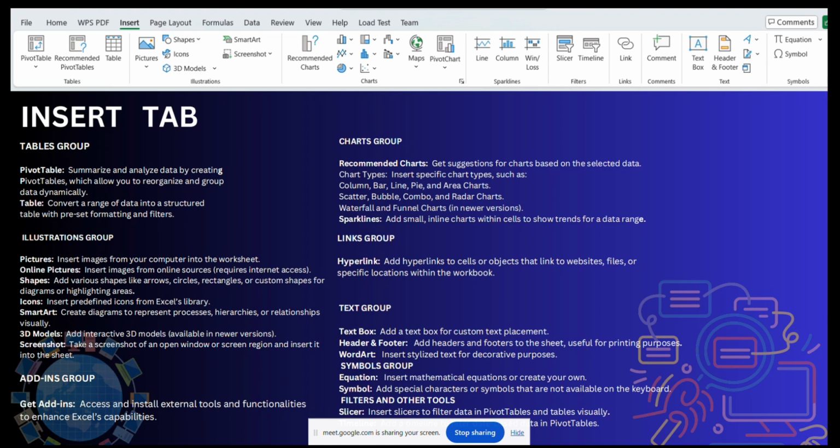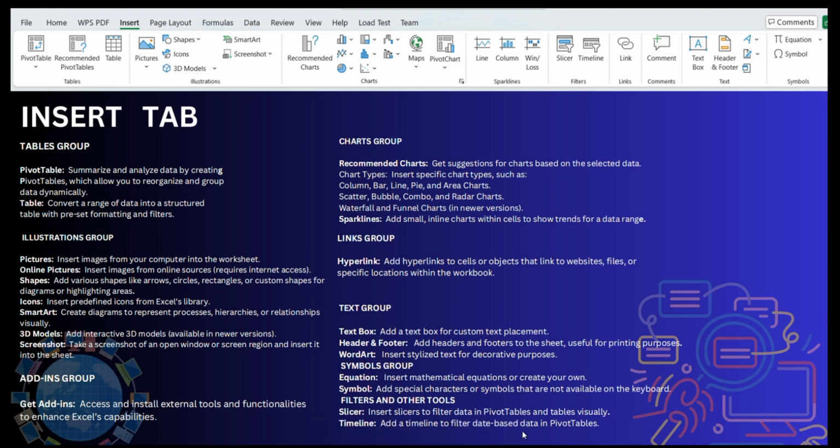In the illustrations group, pictures insert images from your computer into the worksheet. Online pictures insert images from online resources and require internet access. Shapes add various shapes like arrows, circles, rectangles, or custom shapes for diagrams and highlighting areas.